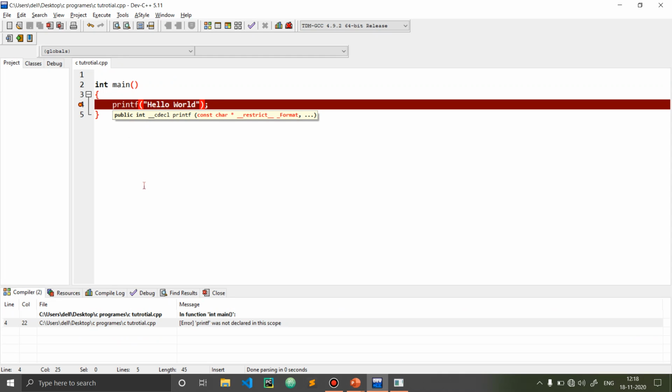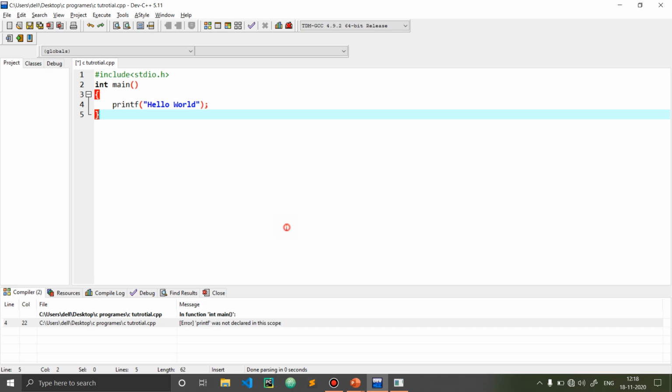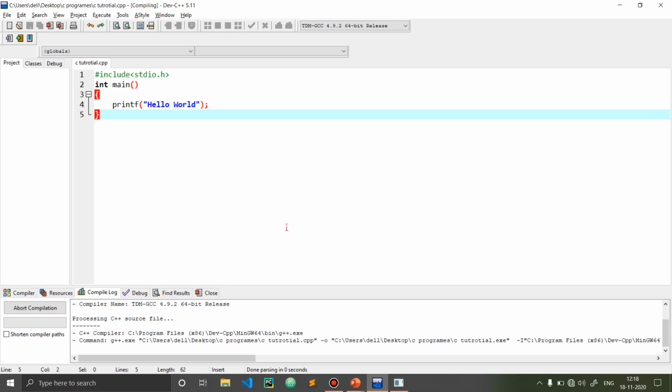If you don't give the stdio.h line, now you can see that it is showing that printf is not declared in this scope. So it's like that. Because what the printf will do will be determined by the stdio.h header file, because its function is written in the stdio.h, because printf is an inbuilt function. So we can't just remove stdio.h, and printf works like that.